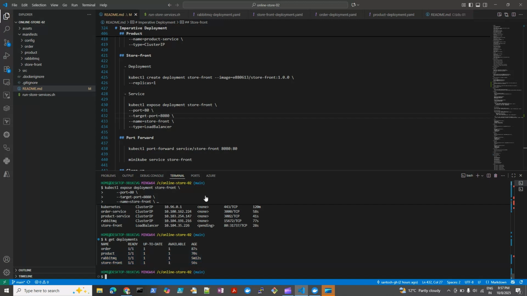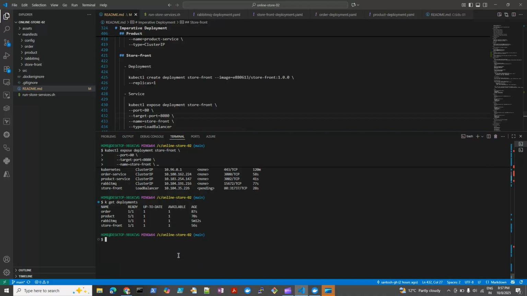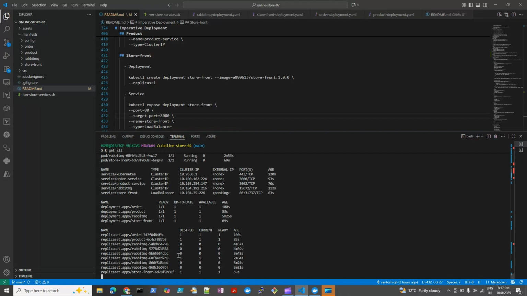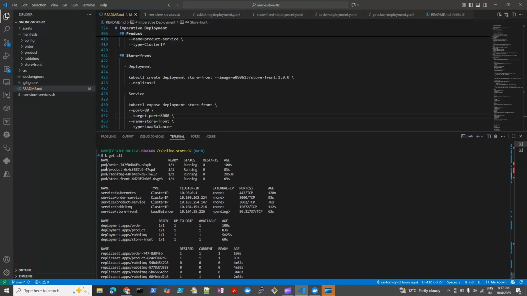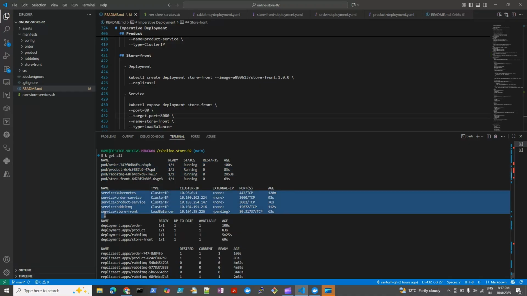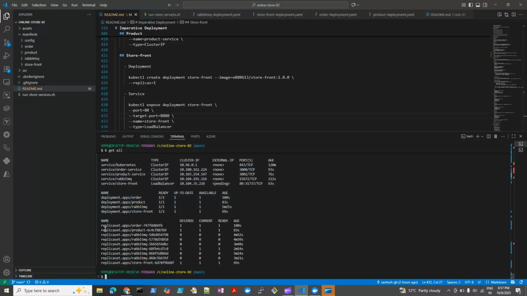So if you want to see everything, then you can just type get all. And here you can see these are the pods. Okay, these are all services, these are deployments, and this is replica set. Okay,